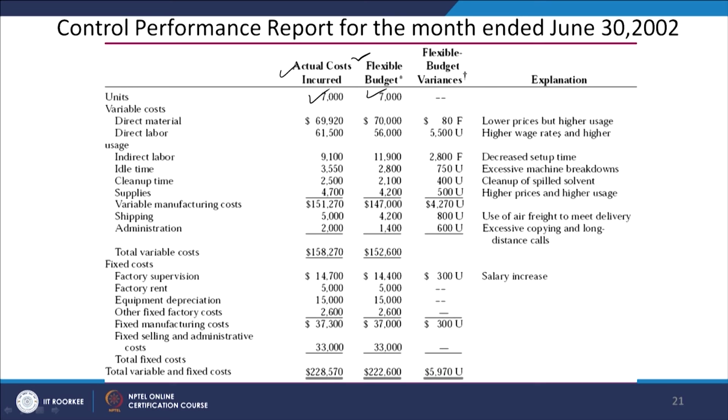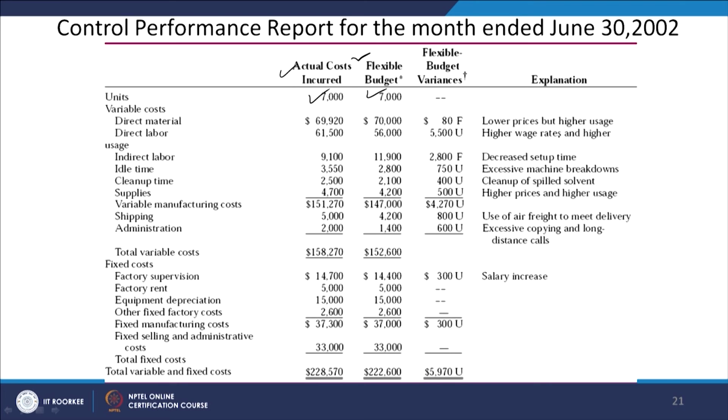Then variable manufacturing cost or supplies, supplies means small materials like lubricants, oils and other small materials. So higher prices and the higher usage. So this is again a very important point, we will have to be careful. And then we talk about the shipping cost, so use of air freight to meet the delivery. So maybe it was not estimated that we have to use the air freight, it was expected to be sent by ship, by road, by train, but we have to somehow change that mode of transportation, so cost has increased,